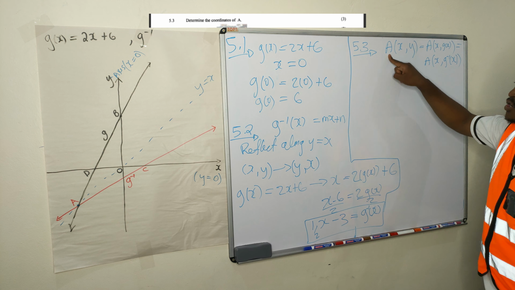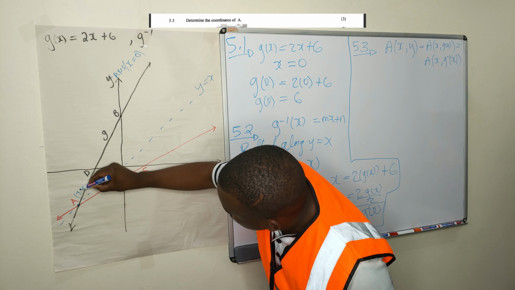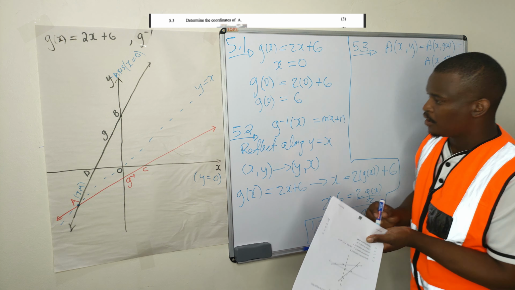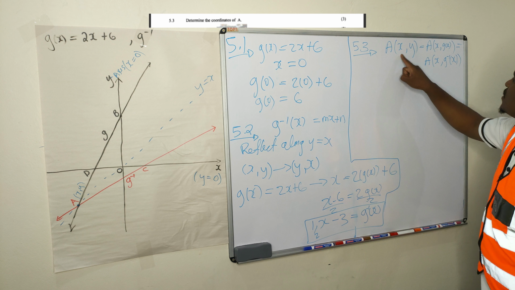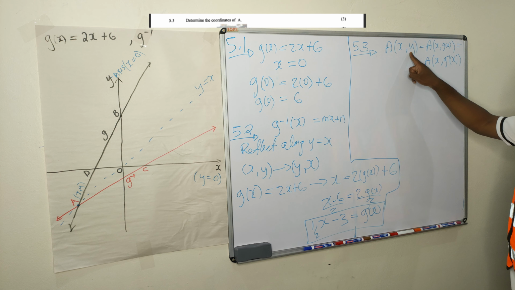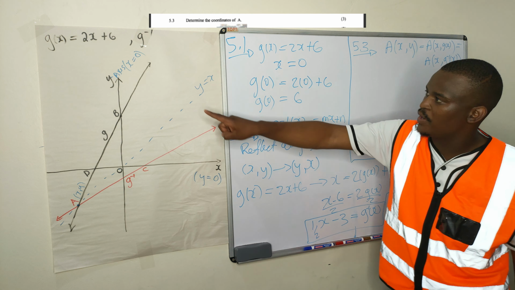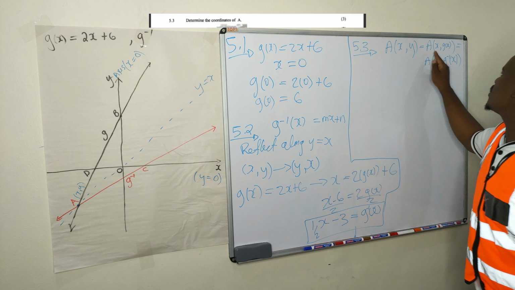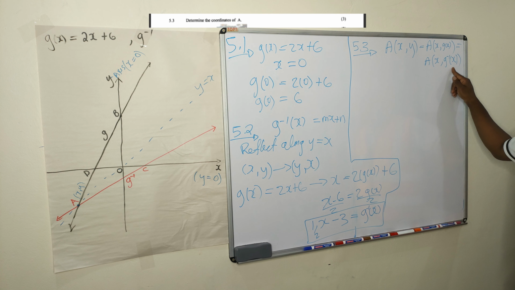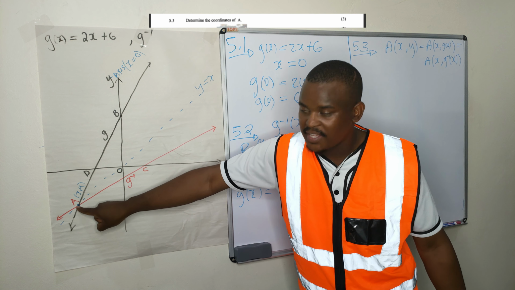So your A there has coordinates x and y. So you can find the exact coordinates by substituting your x coordinate in the original equation and finding the corresponding y value, which will also be the same as the inverse, because the inverse also passes through that point